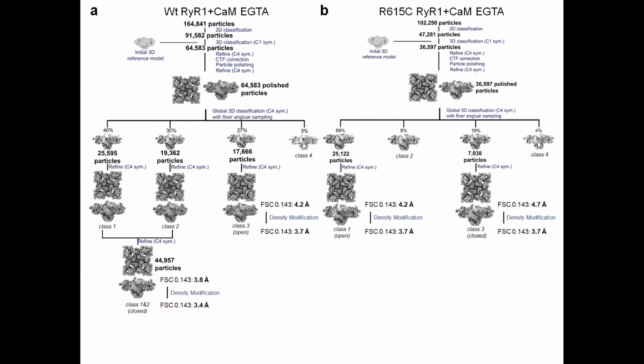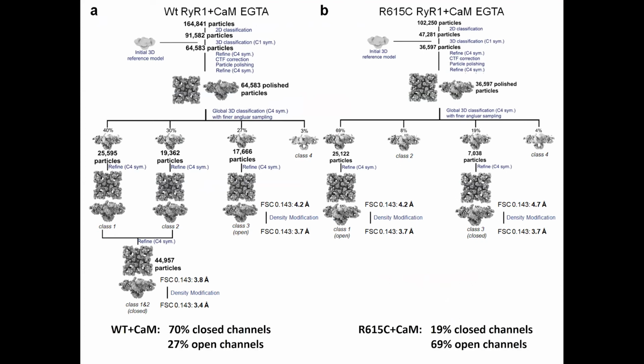So there's a certain pipeline that you can follow when processing a cryo-EM data set. And this may look complicated, but essentially what it allowed us to do, we had data sets for the wild type RYR1 with apocam, also for the disease mutant RYR1 with apocam. And essentially for each, we actually got two different structures. And so for the wild type, we actually got 70% of the channels appear to be in a closed structure, and about 30% were open. Whereas for the disease mutant, it's almost inverted. You've got a smaller proportion of closed channels, but most channels are actually open.